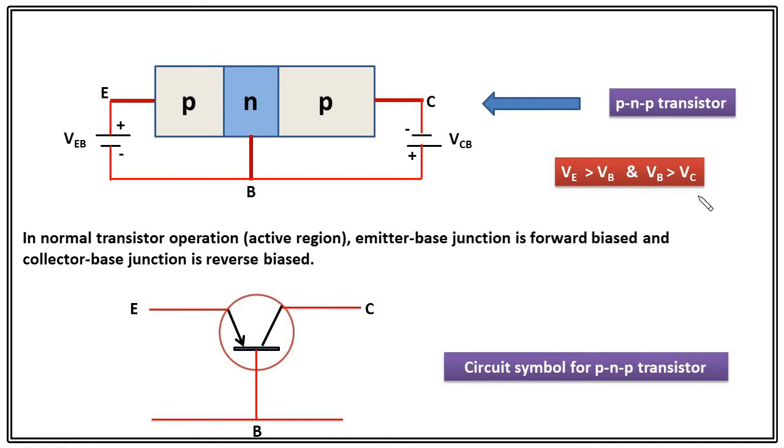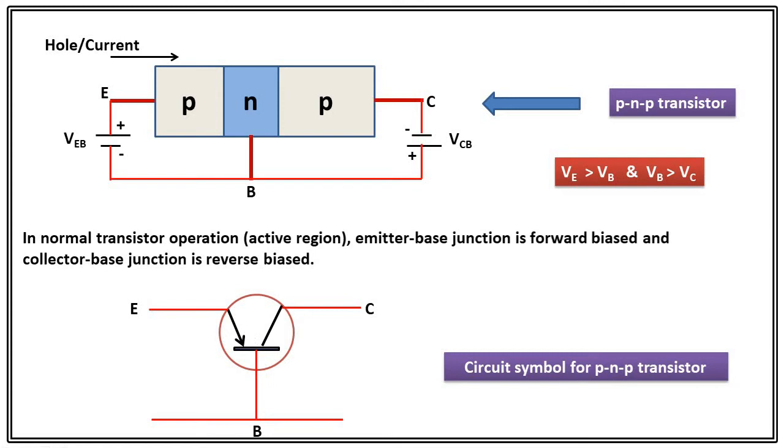Now biasing is done. So in such biasing, what will happen? As this emitter junction is connected to the positive power supply, due to this forward bias it acts as a PN junction diode, so holes will penetrate from the P side to the N side. And the direction of hole movement is the direction of current. So we can easily say that current is moving from emitter towards base. And that's exactly what this circuit symbol is saying, that current is flowing from E towards B. We will come to this point in detail while studying the mechanism.